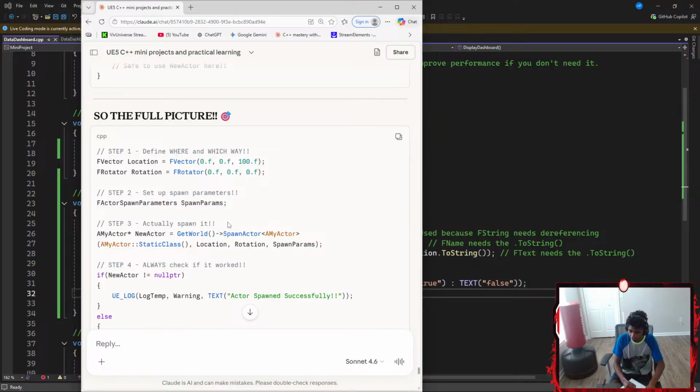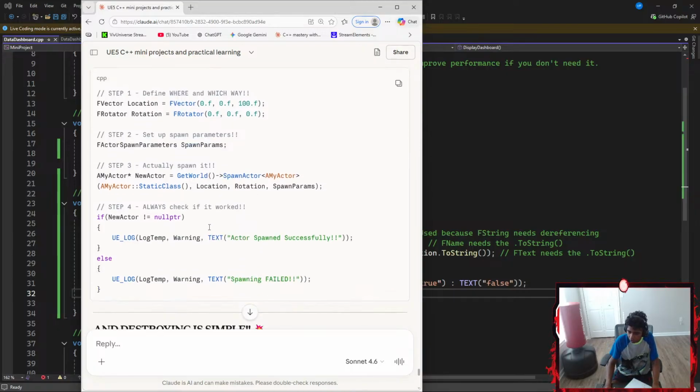Excuse me, guys. And then I'm going to require a Location, and a Rotation. Which way do I want my actor to face, Rotation. And lastly, my SpawnParameters. What parameters do I need? What rules does it need to follow? Let's go with SpawnParameters. Okay, and then I close my pair of parentheses, ending with a semicolon.